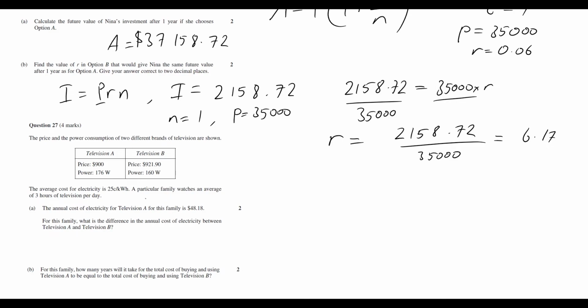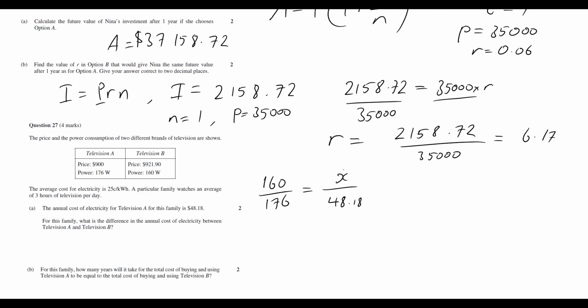Okay, so for this family, what is the difference in the annual cost of electricity between television A and television B? So for this question, we're actually going to go ahead and create almost a rates and ratios sort of problem. So we know that the power of TV B is 160, and if I divide that through by the power of television A, 176, I'll also find out the relationship between the 2 different amounts of money that each of them cost. So for TV B, we're going to call that X, and for TV A, we know that the yearly amount is